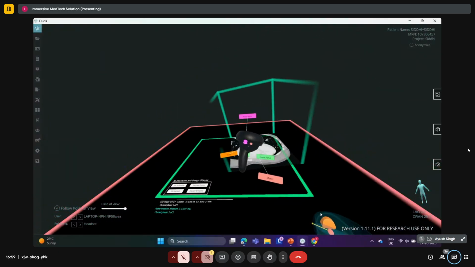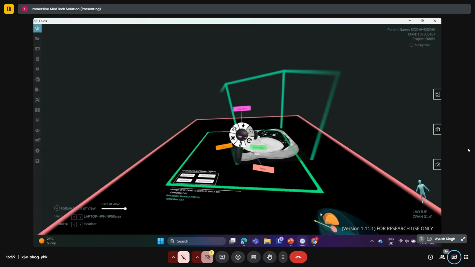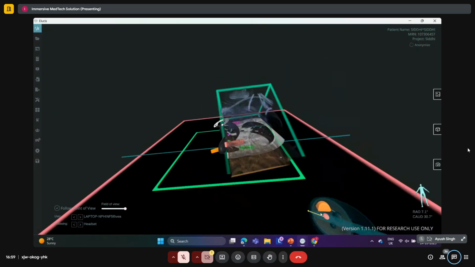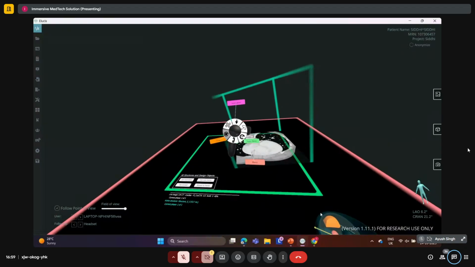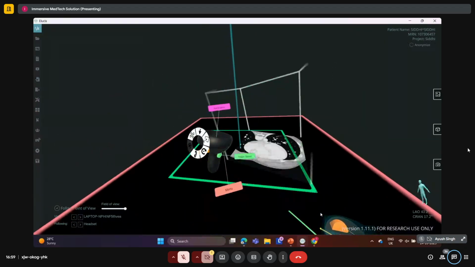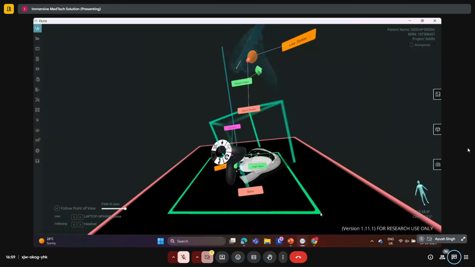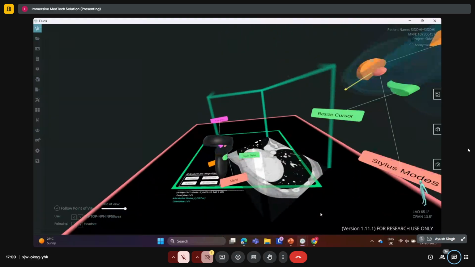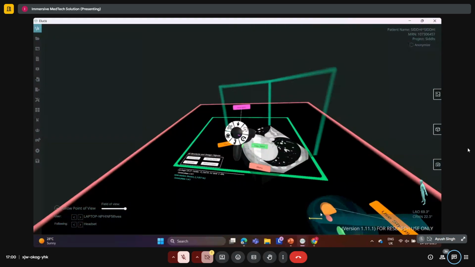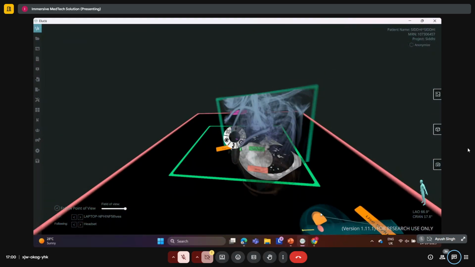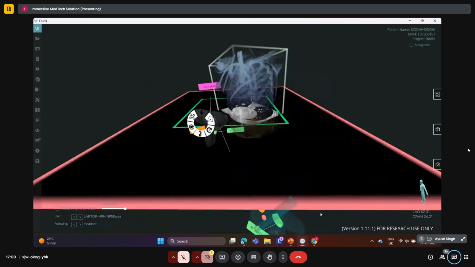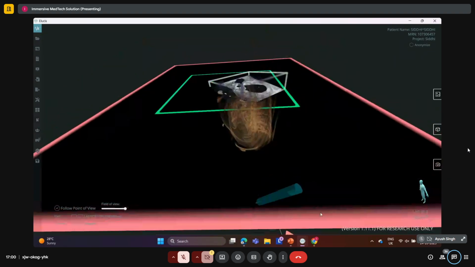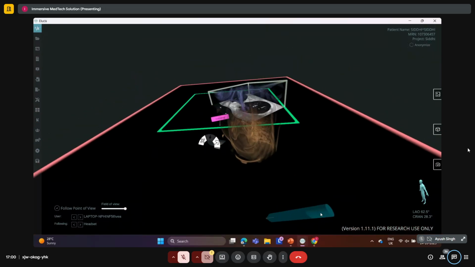Then we have this navigation window. So we can navigate around the tools if we need to rotate it along one axis, or around another axis, that can be done. If we are rotating around the central axis, that can be selected. And this is the central axis around which the data would be rotated. Once we are done with this, if we need to drag and drop it up and down, that can be done. And if I just turn my head down, I can see the data set more clearly